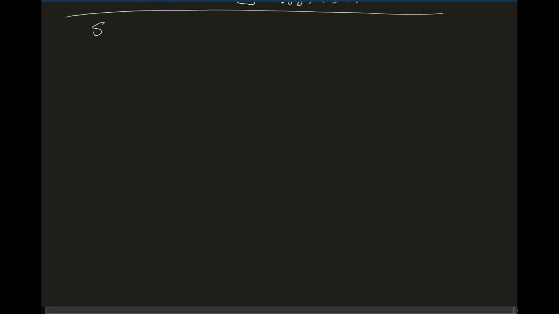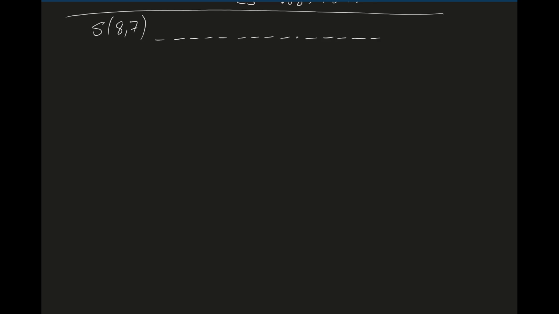So let's say I have a signed 8,7 number. This is the representation, signed 8,7. This is a 16-bit number. You have 8 bits for the integer plus 1 bit for the sign, so that's 9 bits, and then 7 bits for the fraction, so altogether you have a 16-bit value. 1, 2, 3, 4, 5, 6, 7, 8, 9. Then 1, 2, 3, 4, 5, 6, 7. And that number happens to be